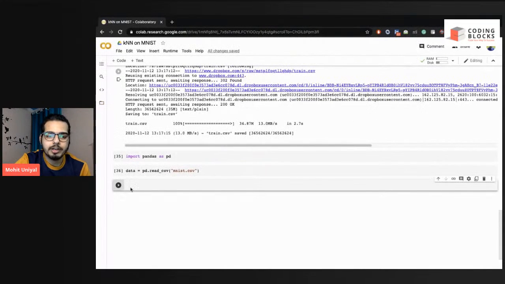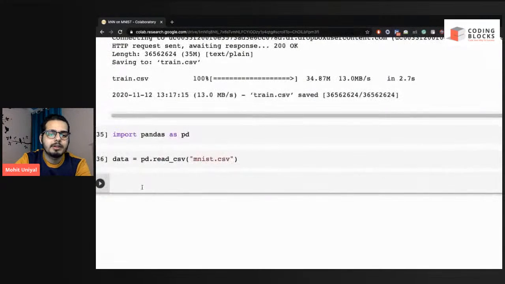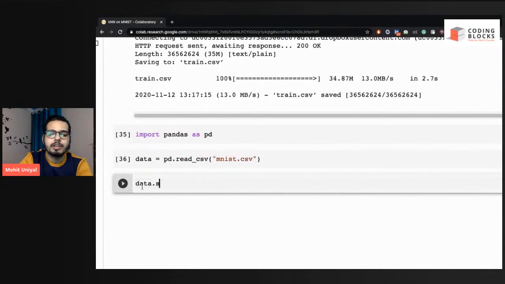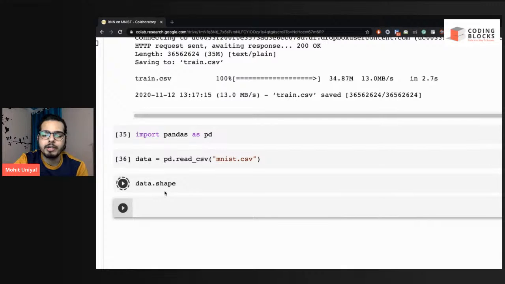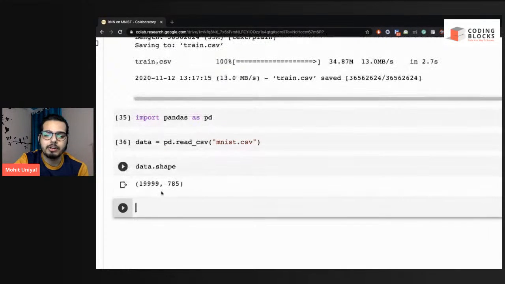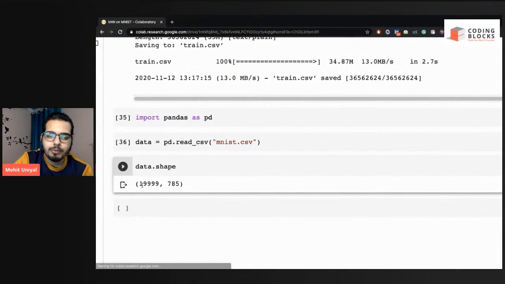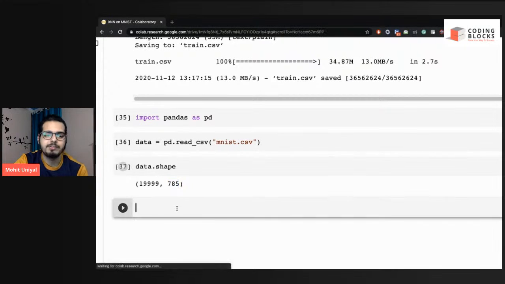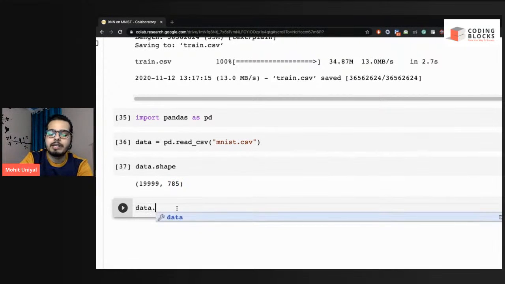So now we have got the data, and let's see what the shape of the data is. If you just check the shape of data, what does this shape actually tell? It means there are 20,000 images, and each image has 784 features. And now let's see what the 784 features are. So if we do data.head,